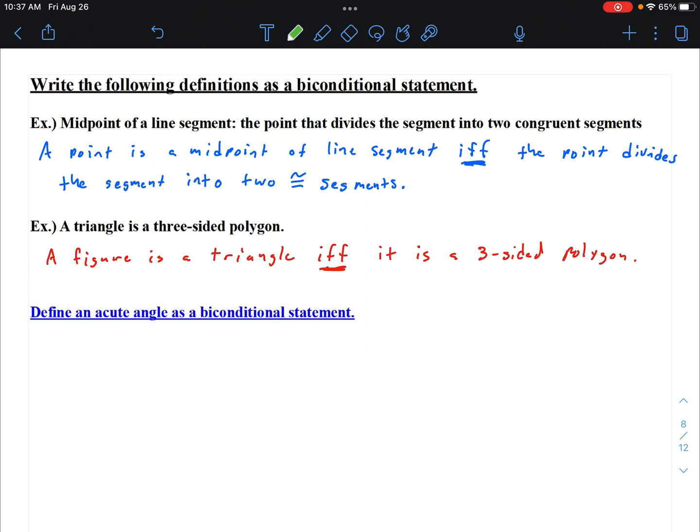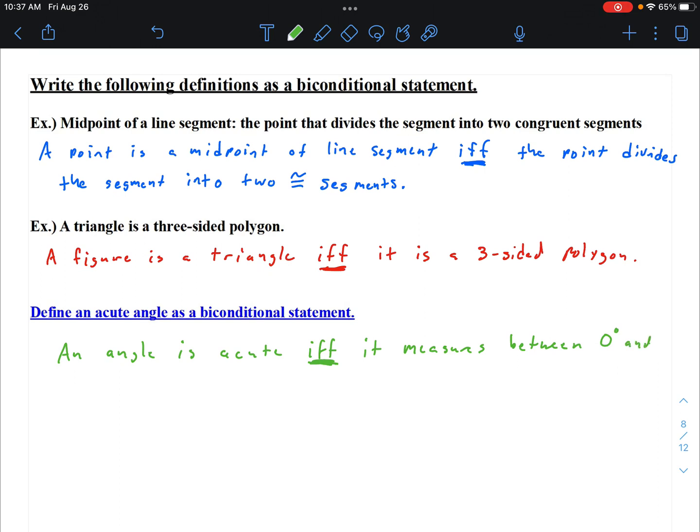It says define an acute angle as a biconditional statement. Well, an acute angle is an angle between 0 and 90 degrees. So I might say an angle is acute if and only if, IFF, it measures between